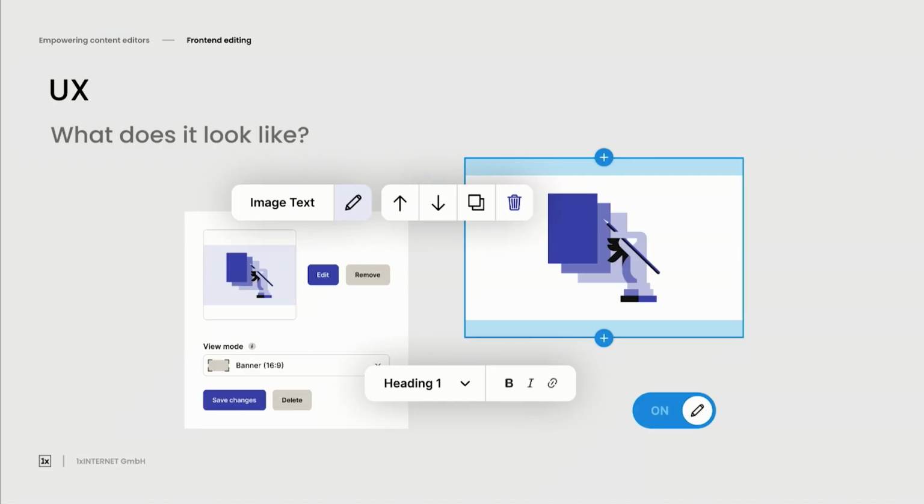Okay, so now we've talked some about how this can improve content editing, how this can be beneficial, really improve your productivity. But how do we make sure that we really have a nice user experience, a nice UI at the end that ties everything together and makes this not only powerful, but also really simple to use, very simple to use for the editor? And that's what we'll show now.